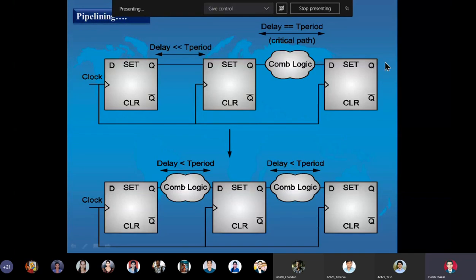Here we have a simple sequential system. In the upper half, we have 3 D flip-flops implementing some kind of logic. That is why it is not the same as a ring counter, which we discussed yesterday. There is some combinational logic in between flop number 2 and 3. So this particular 3 flip-flop system is executing some kind of logic. Because the combo logic between D flip-flop number 2 and 3 has some inherent delay, that is called T combo or combinational delay.